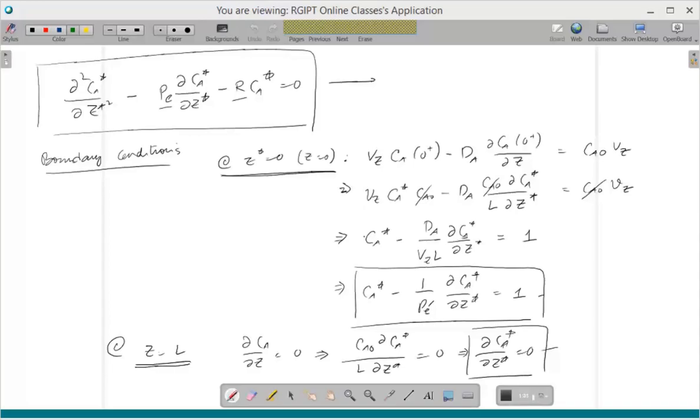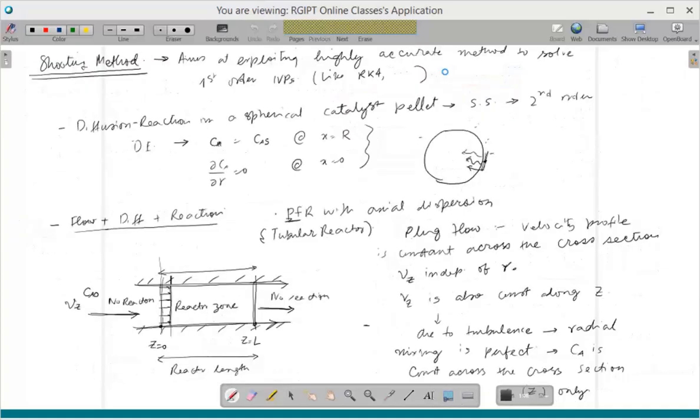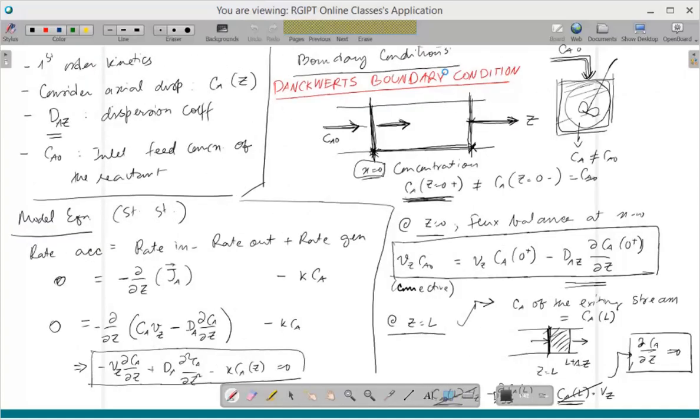So we started with our main equation. The equation we obtained for the concentration was this one, and there were the boundary conditions which were given as these. These two conditions at z equal to 0 and z equal to L: at z equal to L, it is a Neumann boundary condition, and at z equal to 0, it's a mixed boundary condition, which